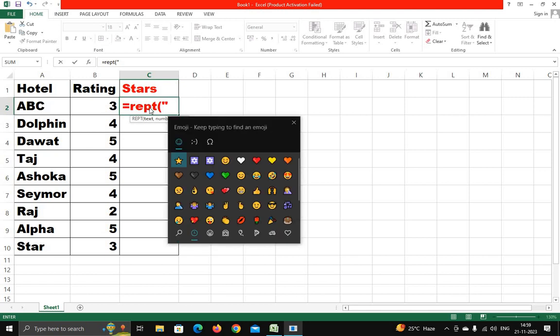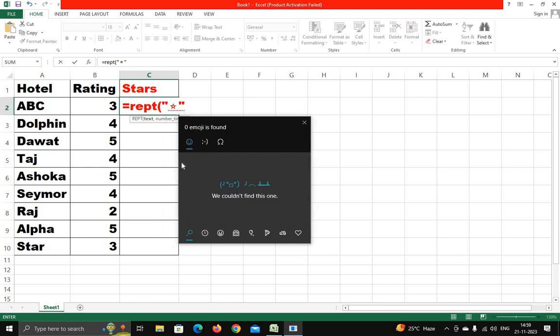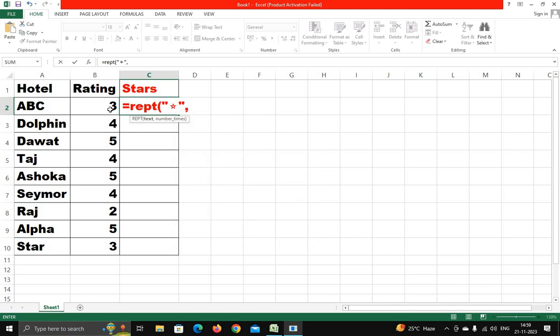So Windows plus dot, and here just type the star, and you can see the star here. If it is not shown, just type the star and you will be able to see the star. So just select this and double quotes close and comma, and select this cell and bracket close and press enter,